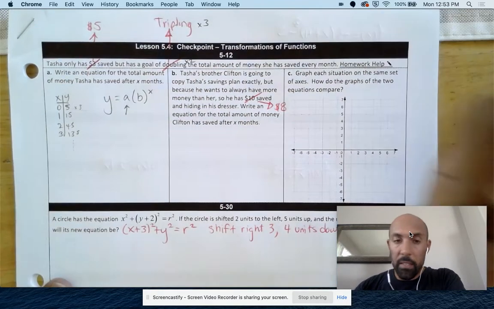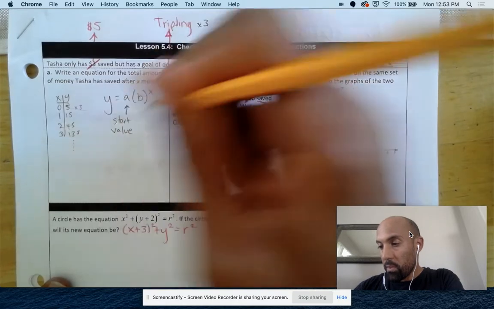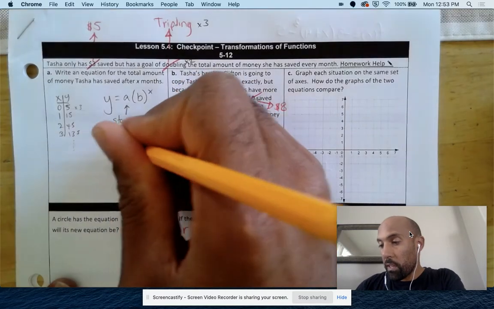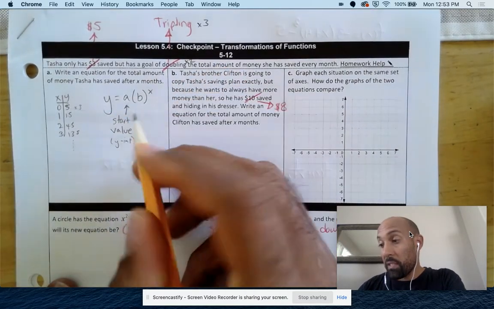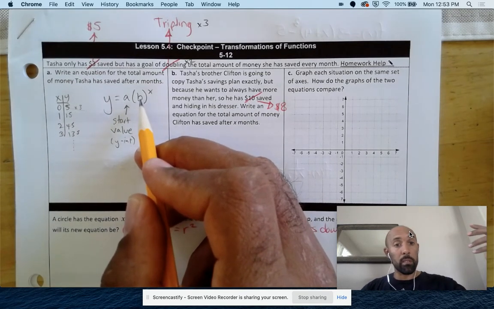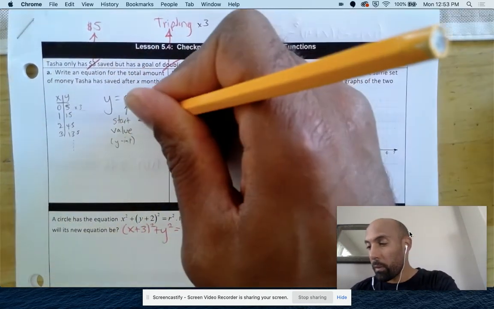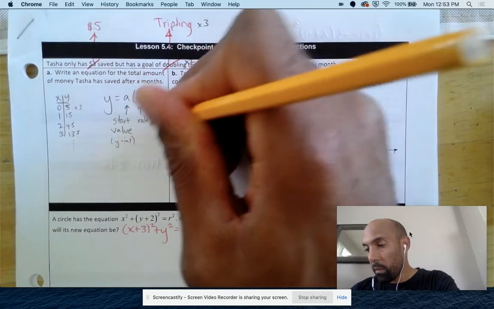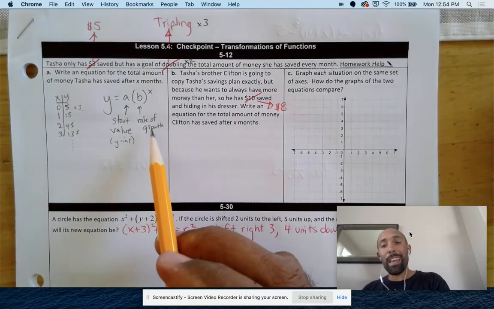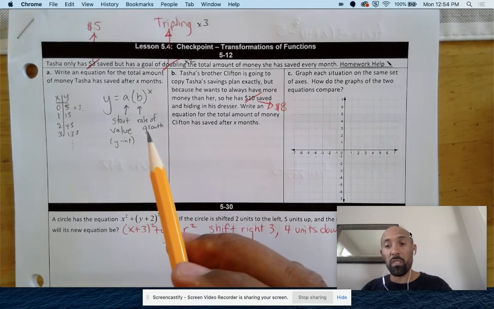Now, the a in this case is your starting value. That's where we're starting, okay? So b is not the y-intercept. I know that would be confusing to some of you guys because usually b in your mind is like the y-intercept on y equals mx plus b. But in this case, b is your rate, almost like your slope. It's your rate of growth. Okay. Now remember, you're multiplying something, not adding and subtracting it. You're multiplying something here. So the rate of growth is a little bit different than just slope on a flat